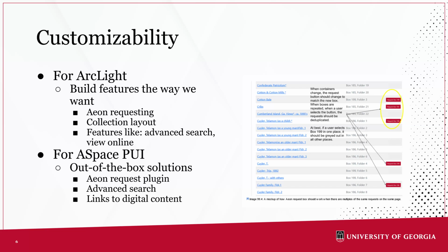Versus something like the ArchivesSpace PUI, where you have a great plugin, the Aeon Request plugin, and I think we identified it works really well, but it doesn't work exactly in the way we wanted it to. And when we compared different institutions that use the Aeon Request plugin to something like what we could build ourselves, we identified that we'd really prefer to build something ourselves because it would save us so much time in the way we would structure how the website was laid out. And that gets into the second bullet point of how we wanted to change collection layouts so that users could easily see what's in an inventory and be able to click request box 185, request box 199,